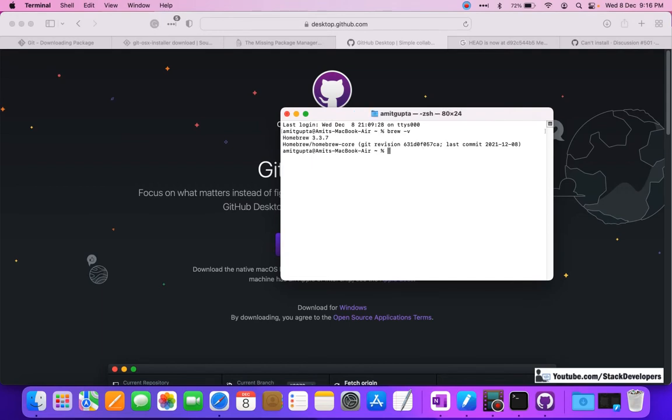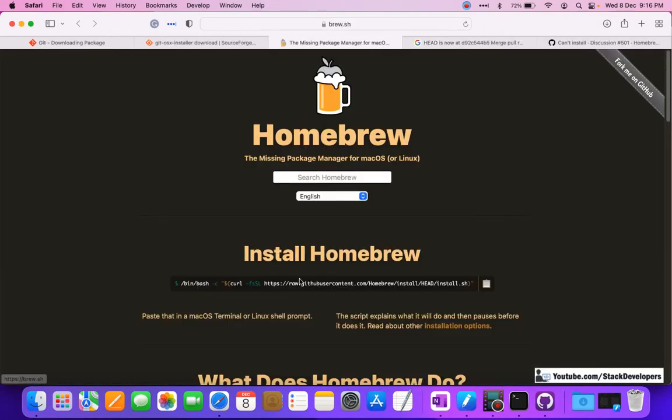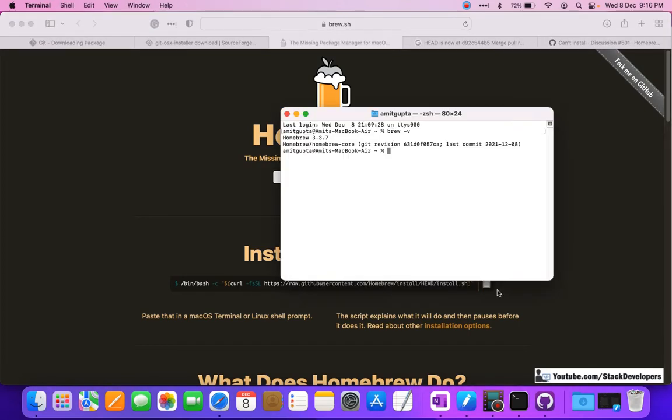See, Homebrew is already there, version 3.3.7. So the process will remain the same. You can install Homebrew by running this command on your Mac operating system, if you are using Mac. In the end we will install Git on Windows as well.